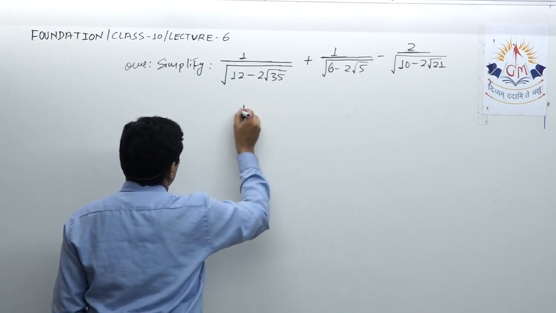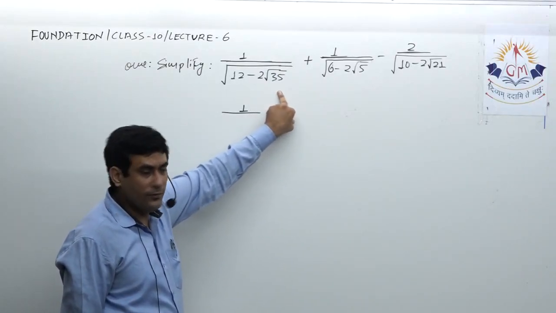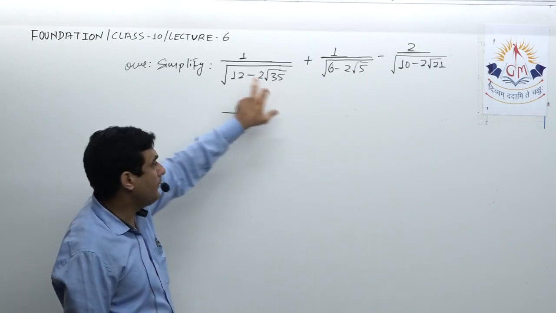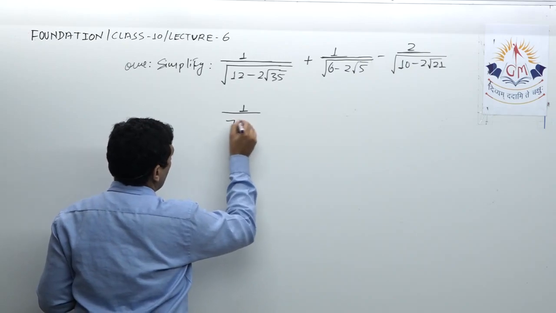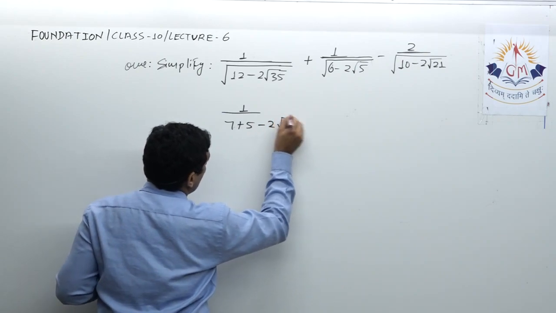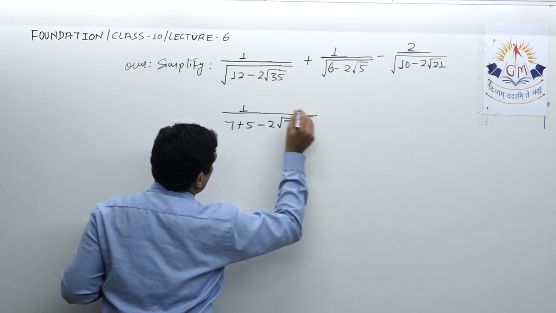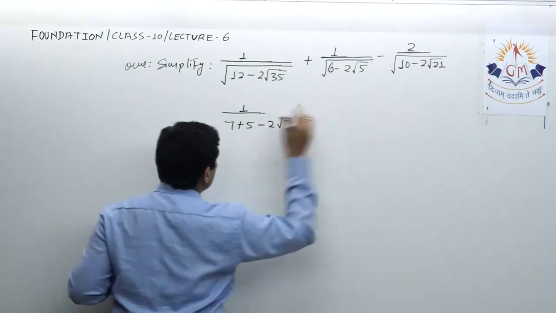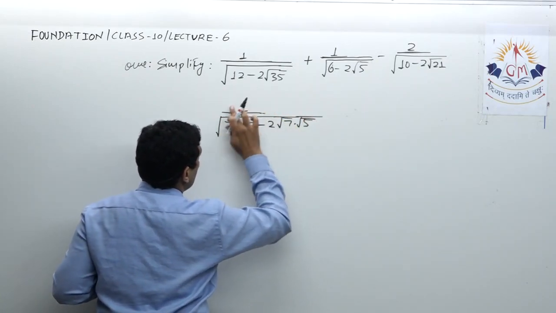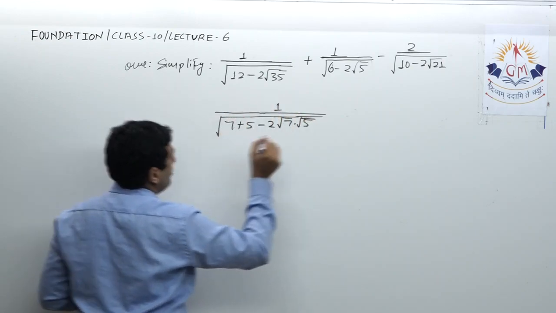Okay, so first of all, here again we have to find two numbers whose product is 35 and sum is 12. So 7 plus 5, 7 into 5 is 35, 7 plus 5 is 12. So here I will write 7 plus 5 minus 2 root 7 into root 5. Okay, I am writing directly over here, and definitely we have a square root of this. Plus